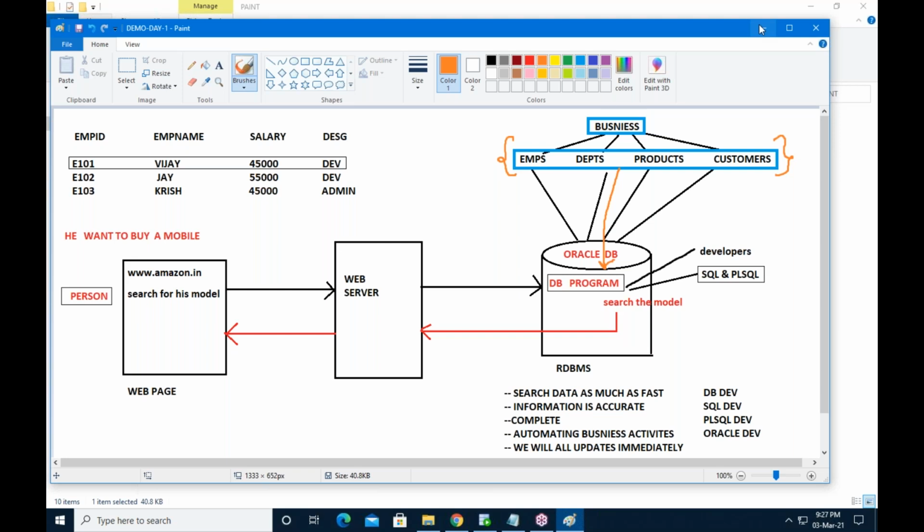The same process is happening in ATM. Through ATM also the same process is happening. How can I make that process work through ATM? Internally, what is happening? Listen carefully, guys. I want to explain why we are learning Oracle.